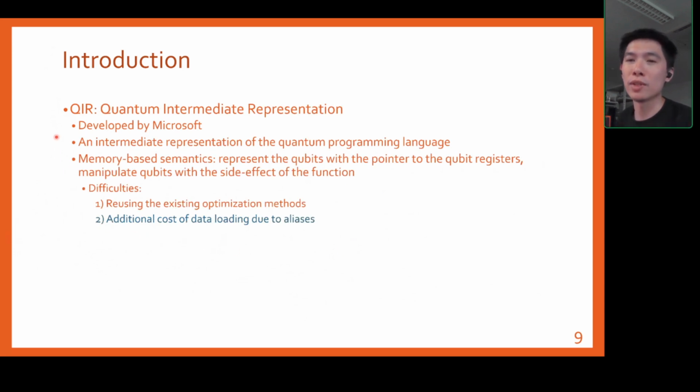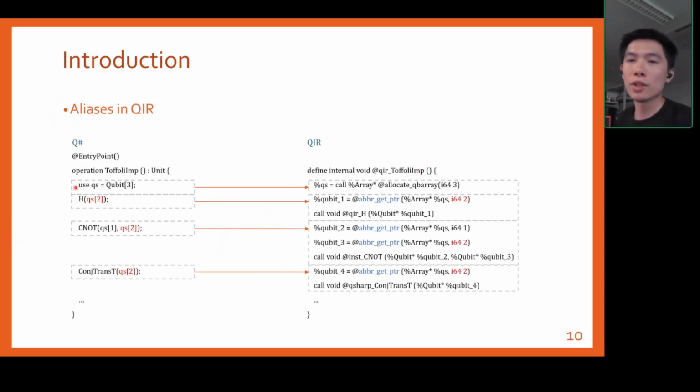Another problem with the memory-based semantics IR is that it incurs the additional cost of loading data. We used a longer piece of code to demonstrate this. In this code, in addition to allocating a qubit array of length 3 and using an H-gate, a CNOT gate and a conjugate T-gate are added. As described earlier, a pointer to that qubit needs to be obtained before performing a quantum gate operation. And we can find that qubit 1 actually points to the same qubit as qubit 3 and qubit 4, and that qubit 3 and qubit 4 are aliases of qubit 1. The presence of aliases results in additional qubit loading overhead, since obviously anywhere qubit 3 and qubit 4 need to be used can be replaced with